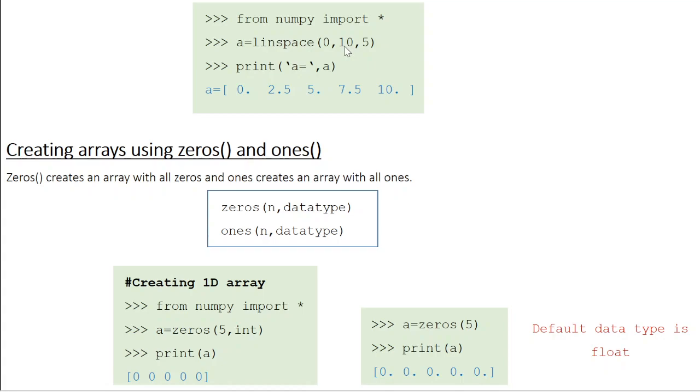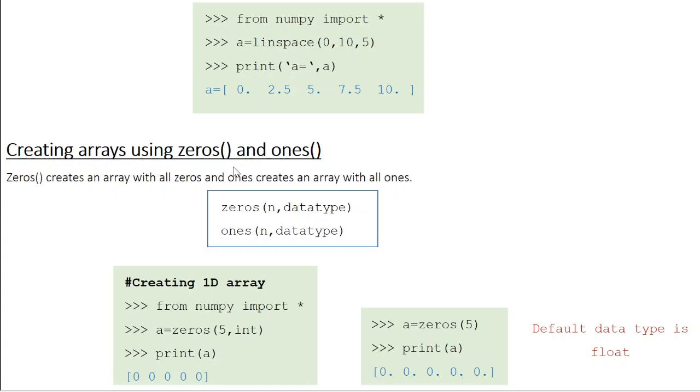In range, the stop element is not included. So that's one difference between the range function and the linspace function. So the output is going to be 0, 2.5, 5, 7.5, 10. Usually linspace is used to create an array or list of floating points, especially while dealing with loops, etc.